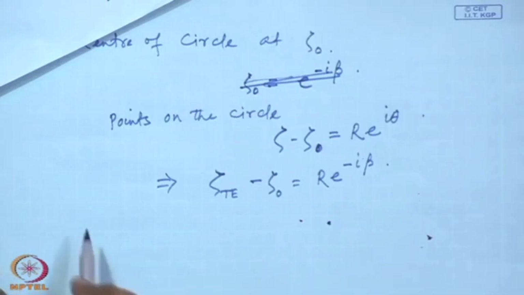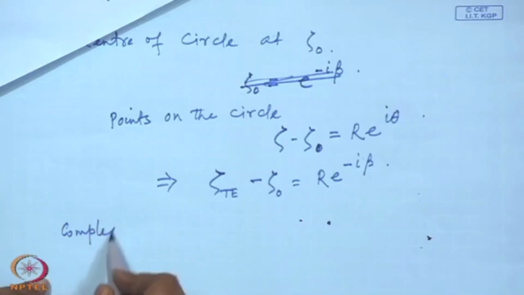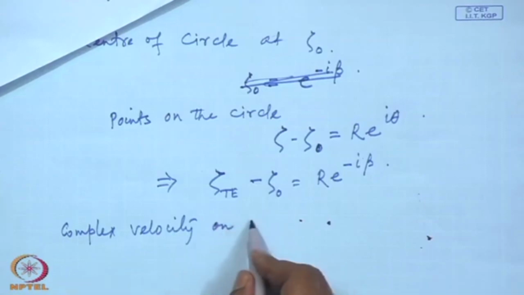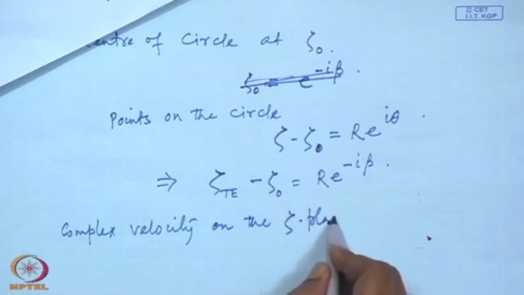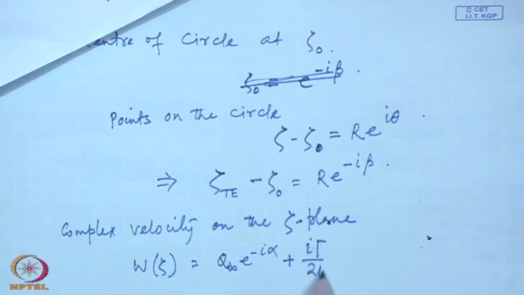Now, if we look back to that expression for the complex velocity on the circle plane, or zeta plane. Remember that expression: W of zeta equal to q infinity e to the power minus i alpha, the general case, plus what we had, i gamma by 2 pi times 1 by zeta minus zeta naught